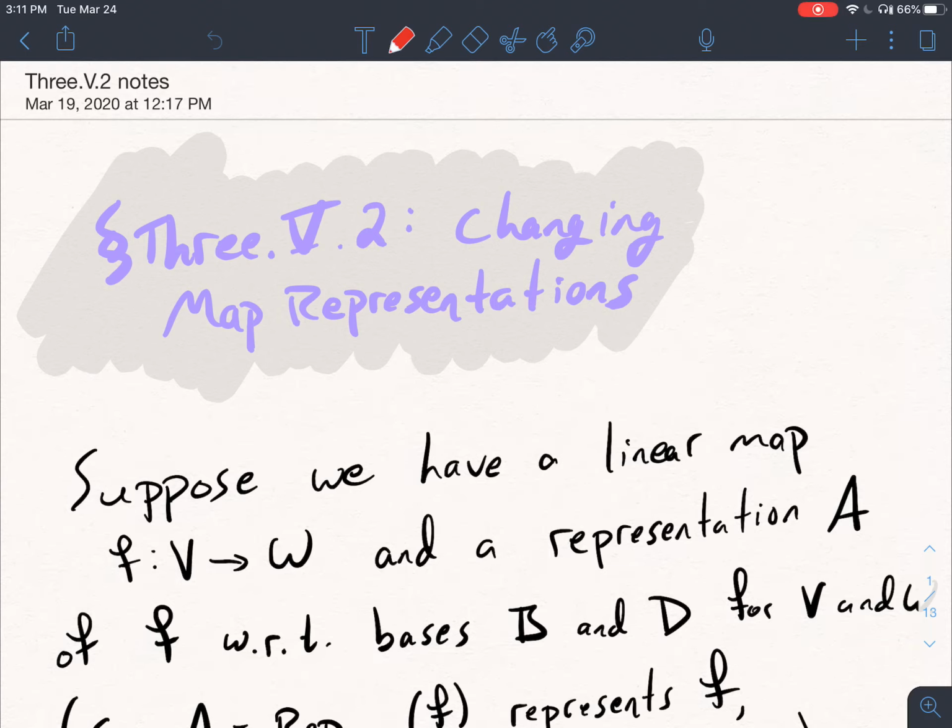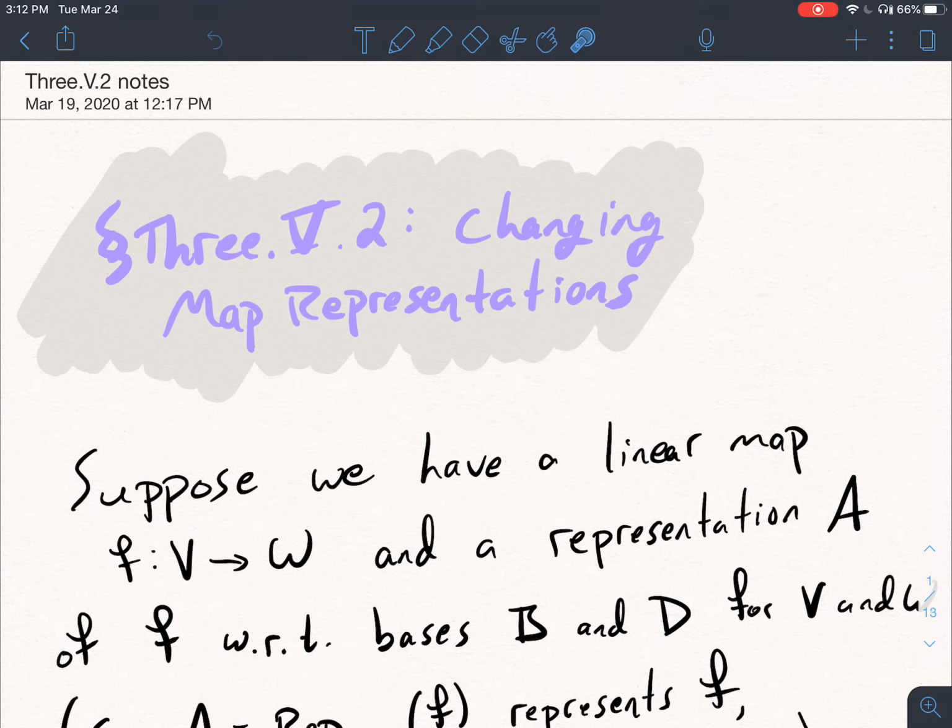Today we'll be talking about changing map representations. Last time we talked about what a change of basis matrix is and how to find them. Technically, we already learned how to find them in previous sections, but we restricted our attention to the specific case of representing a linear map with respect to, the linear map that we were trying to represent was exactly the identity map from a vector space to itself,